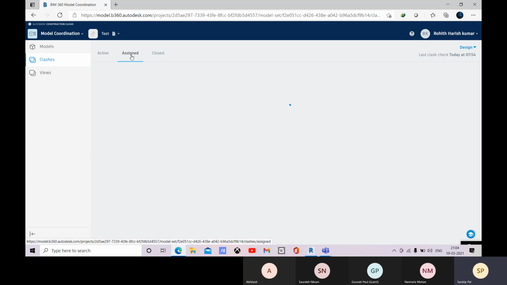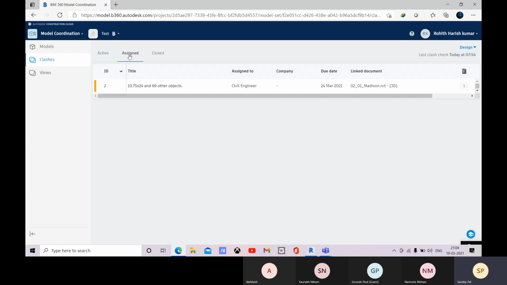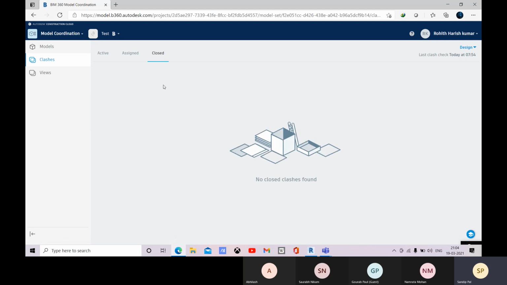Now within this class, you come to this assign tab, and here you can see that one issue or one clash has been assigned to someone. And when you close this, it will come within this closed tab. All the closed clashes will come to this closed tab.